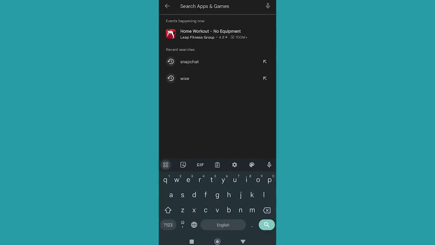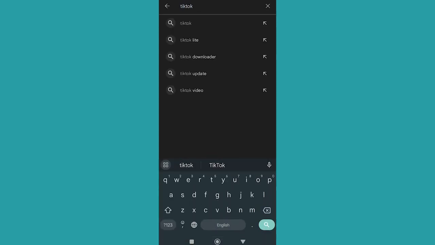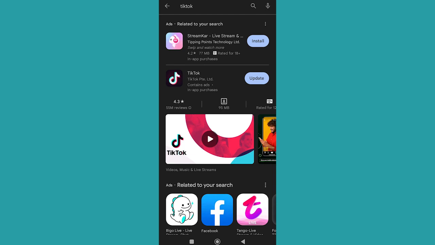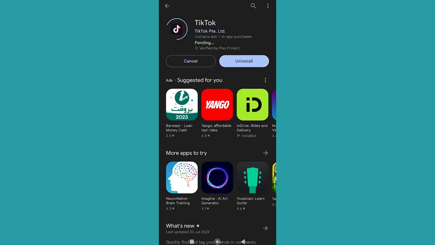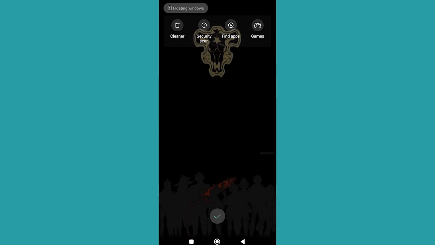So the first step is to open Play Store and check if you have the latest version for TikTok. If not, then you need to update the app. Wait for the app to update, and as soon as it is updated, you need to clear the app from recent apps. Then you can open TikTok,